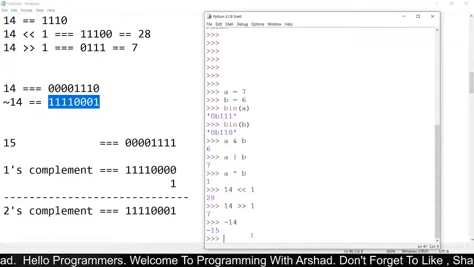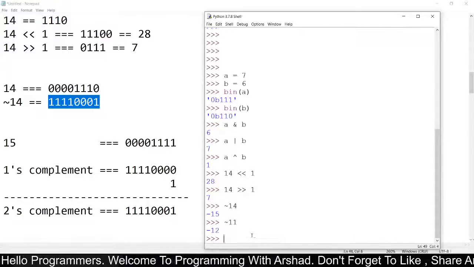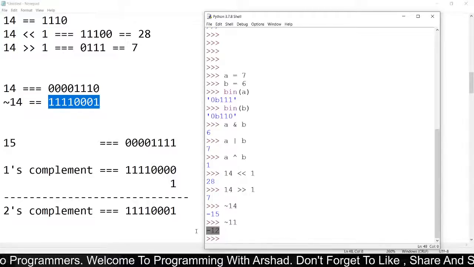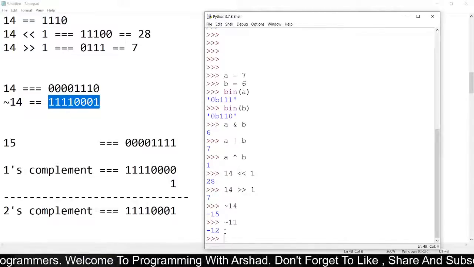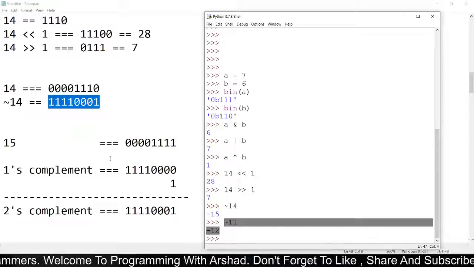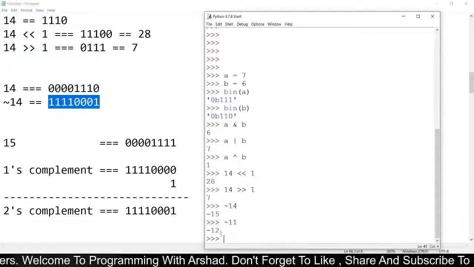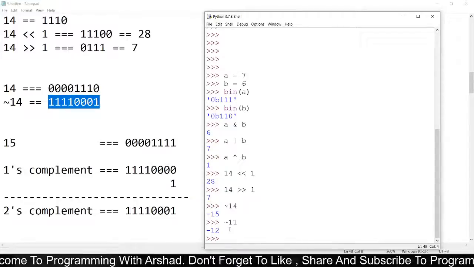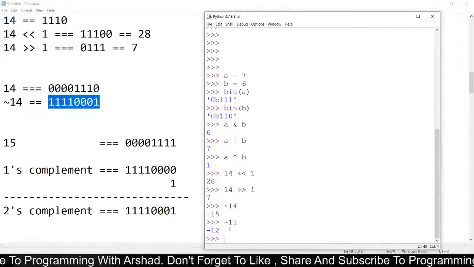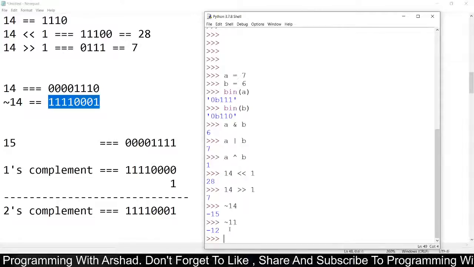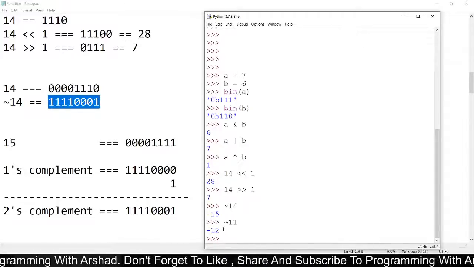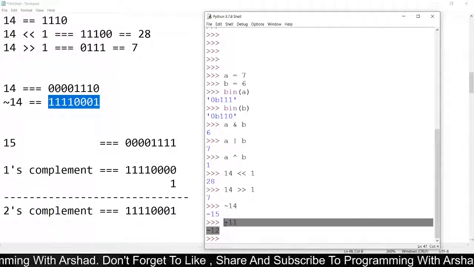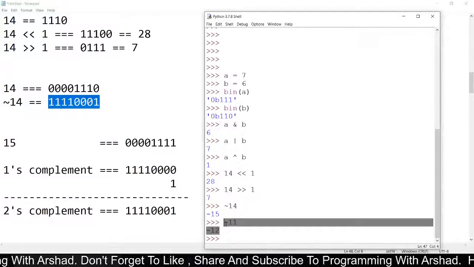If I say not 11, I got minus 12 here, which means the 2's complement of 12 will be equal to the binary number of not 11.